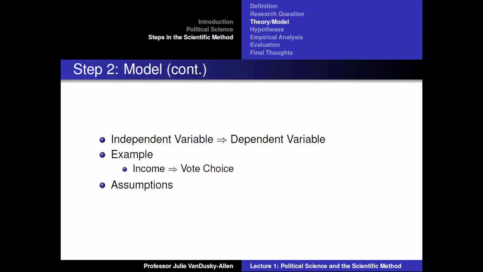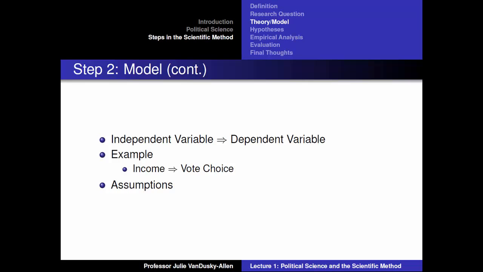The factor we focus on is called an independent variable. For example, many political scientists argue that income affects vote choice. Individuals who are low income need more government services, so they are more likely to vote for Democrats because Democrats are more likely to support and expand government programs. On the other hand, individuals who are high income do not like high taxes. As such, they are more likely to vote for Republicans because Republicans are more likely to support tax cuts for